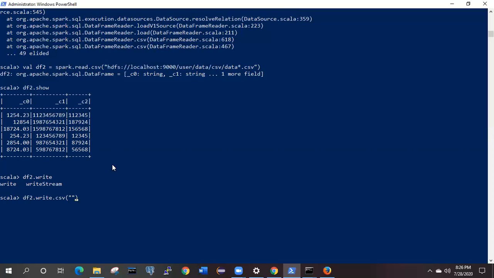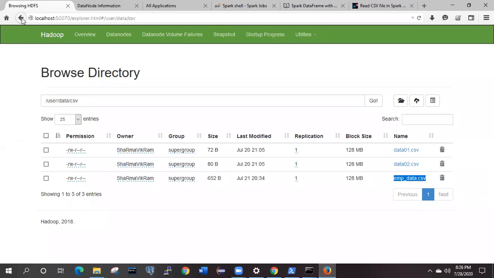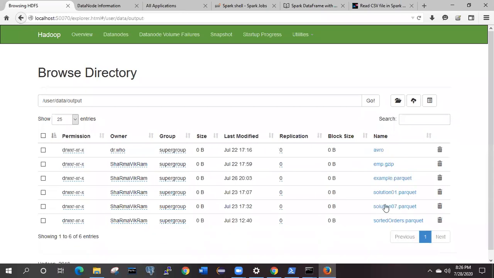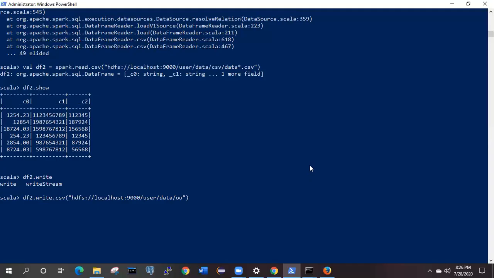So we can specify the location where we want to write it. This is the output folder, and here I will write. In the output folder I am going to write. So output, inside data output, and then you need to give the name of a particular file.